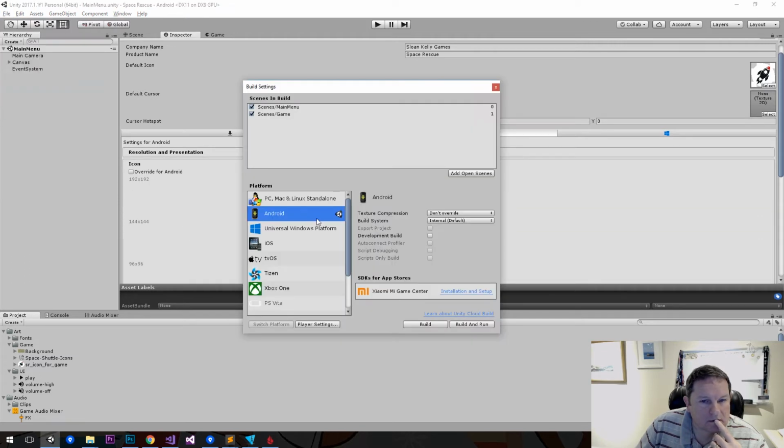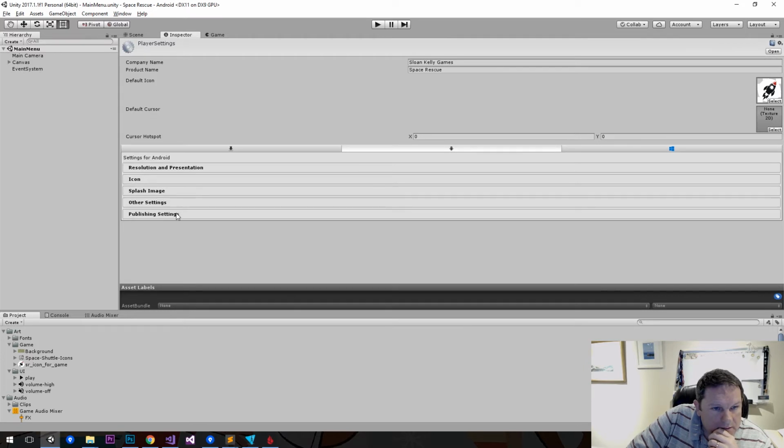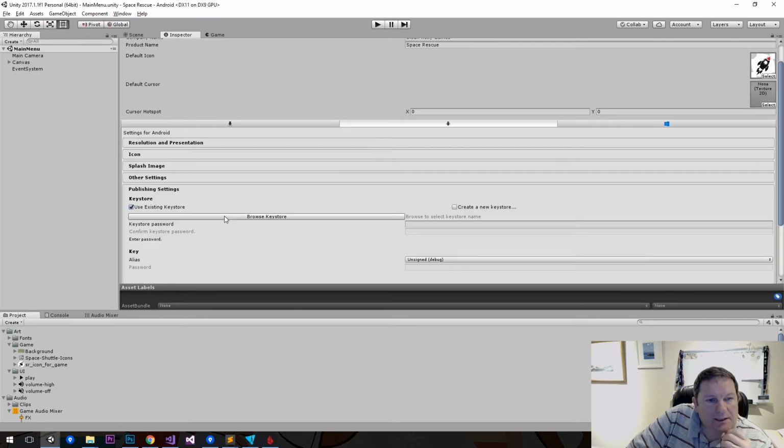Build settings. Android. See, that would be, for me, that would be developer, that would be debug mode, would be that one. So I don't understand. See? This is, okay. This is the bit that